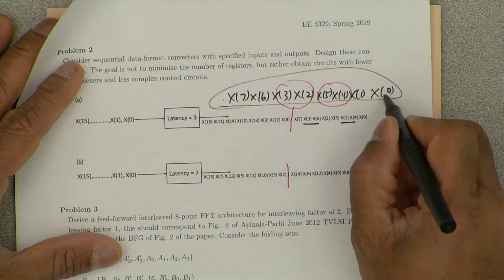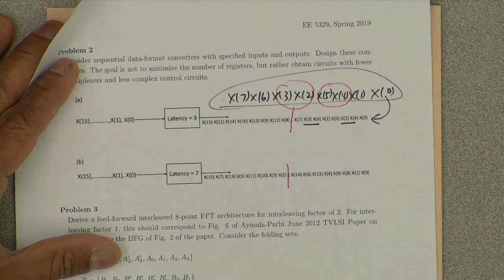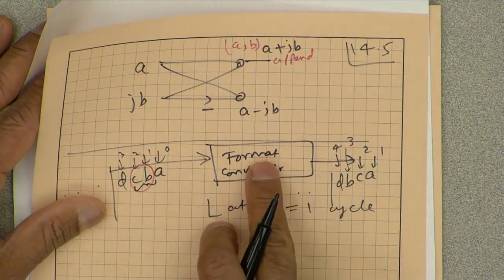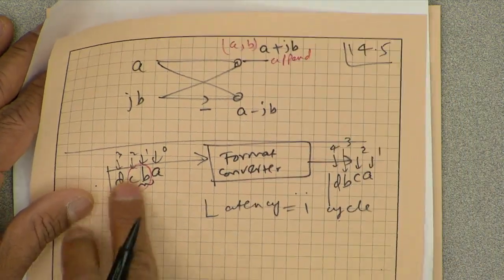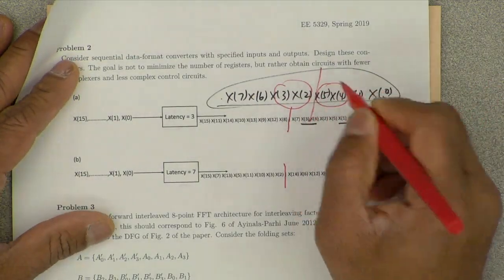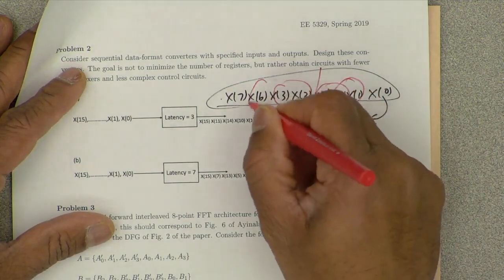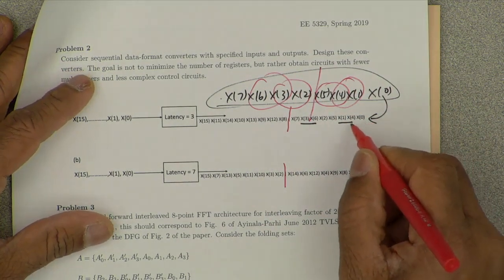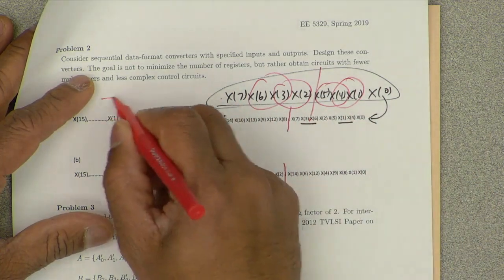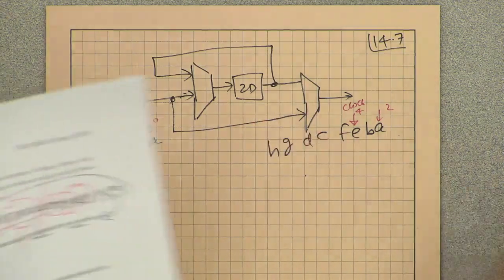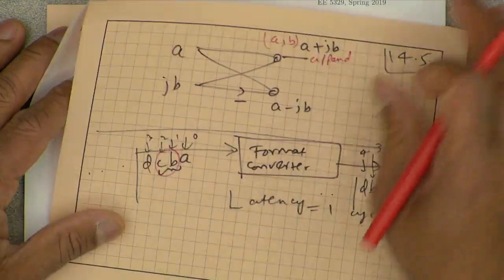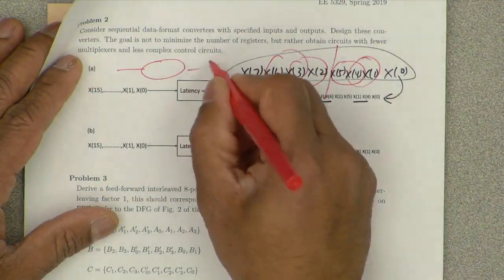Now, how do you go from here to here? Any thoughts? Well, that's what this circuit does. In every periodicity of 4, it just switches these things. So if I now think about periodicity 4, it just switches 1 and 4, 3 and 6, and then you get 0, 4, 1, 5. Switch these two. So you will need 2 stages of circuit: first stage like that, and second stage like that, with one delay. Okay, so you will have 2 stages.